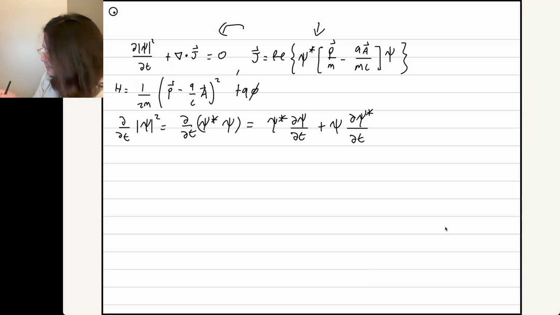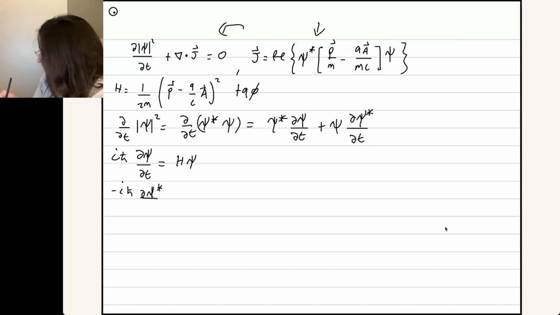Using the Schrodinger equation, you can write i h bar del psi del t is equal to H psi, and you can also take the complex conjugate of the Schrodinger equation like that,